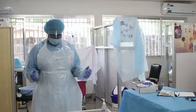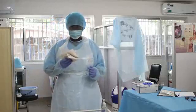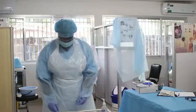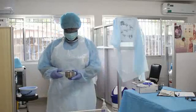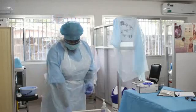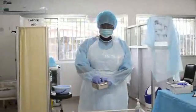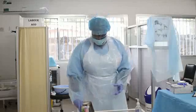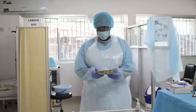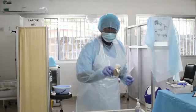So the requirements that I have here include a towel to protect the patient's skin from soiling during the procedure. I have here with me water, because I'll be soaking the brush a little bit to clean the mouth. I have here a brush and toothpaste to brush the teeth, a receptacle to spit, gauze for inspection,